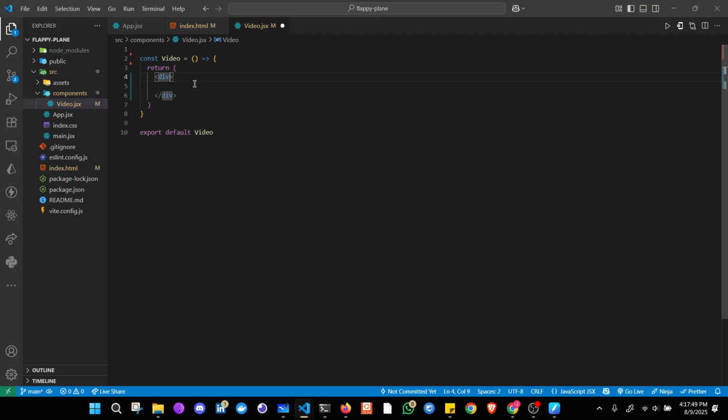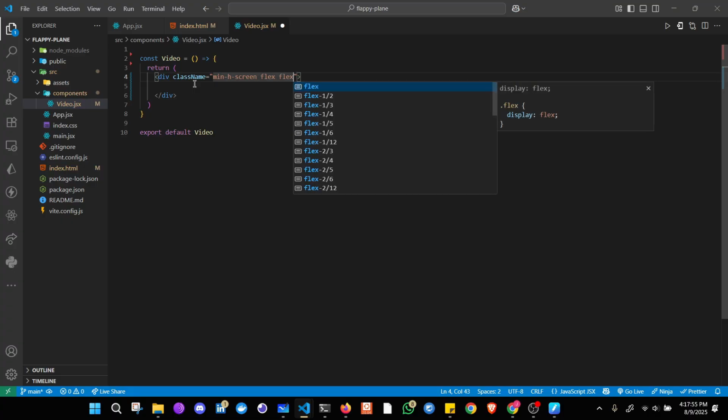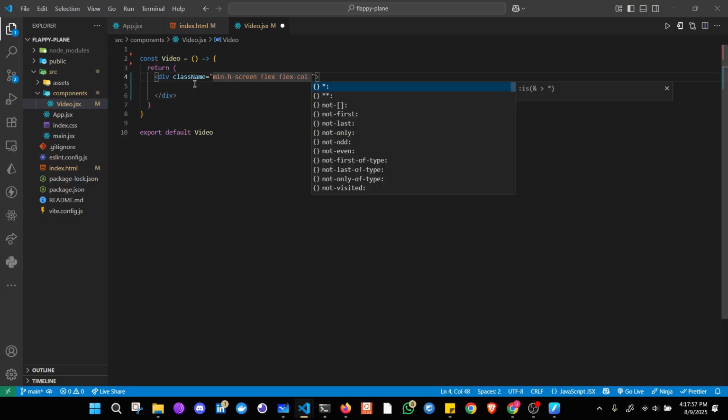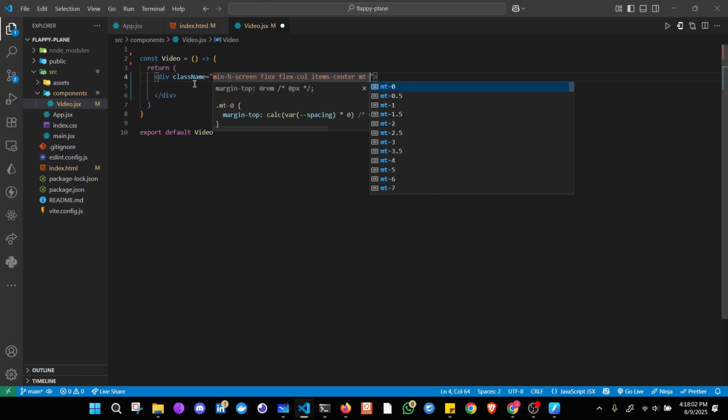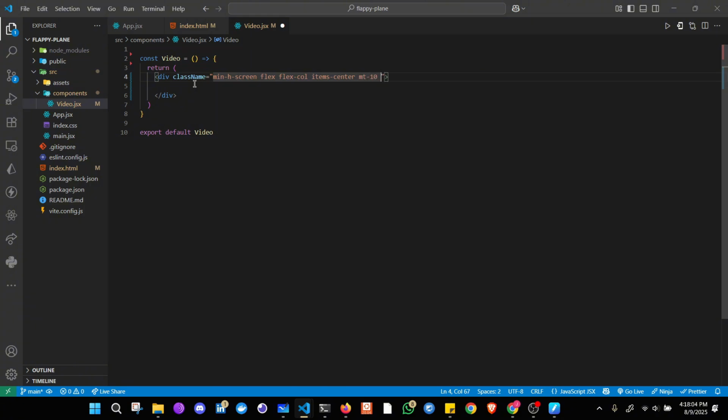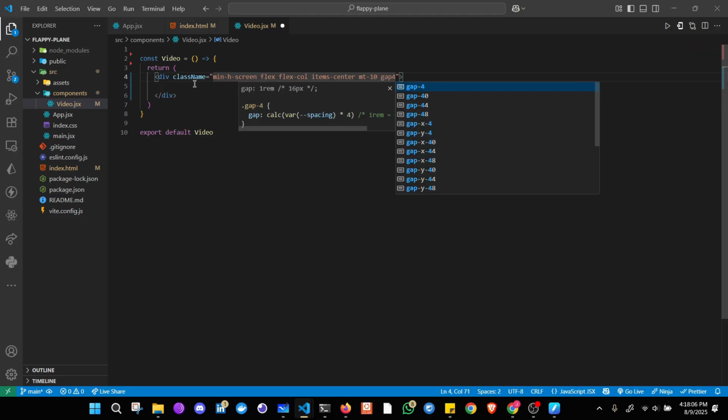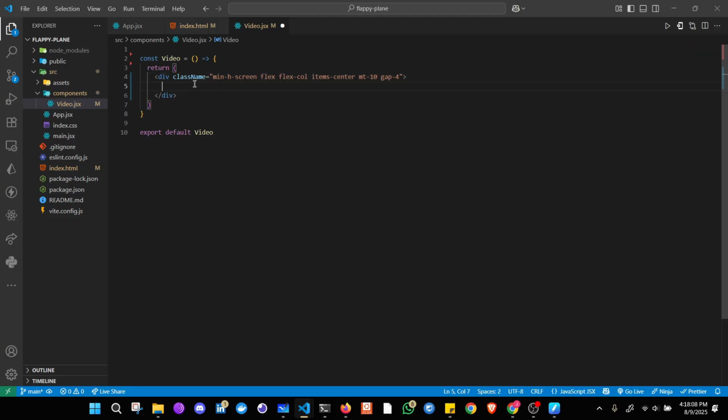Now give this div a class name of minimum height of screen, flex in column direction, items inside will be center, margin top of 10, and a gap of 4. Now inside this div, create a text for the instruction. I have copied the text, that is